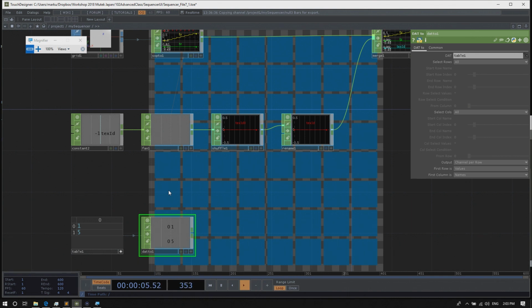And then we'll replace the channels that have the same name as we are creating from the table. And by that, then we can shuffle them and they will be in the right order. If that makes sense.